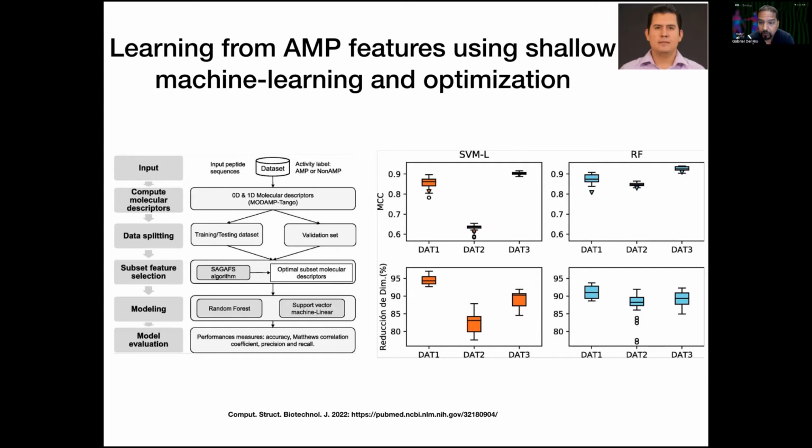And we could do that if we change the physicochemical descriptors at the same time that we use machine learning algorithms. So Jesus Beltran, whom you see on the right side of this slide, implemented a method that allows us to select the